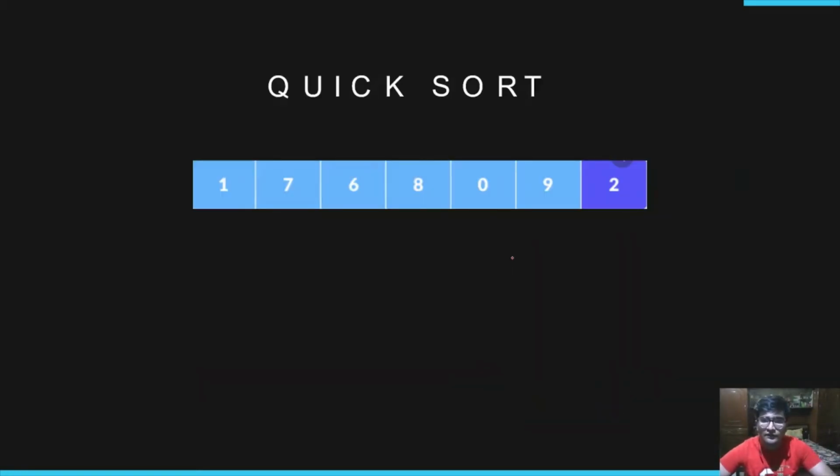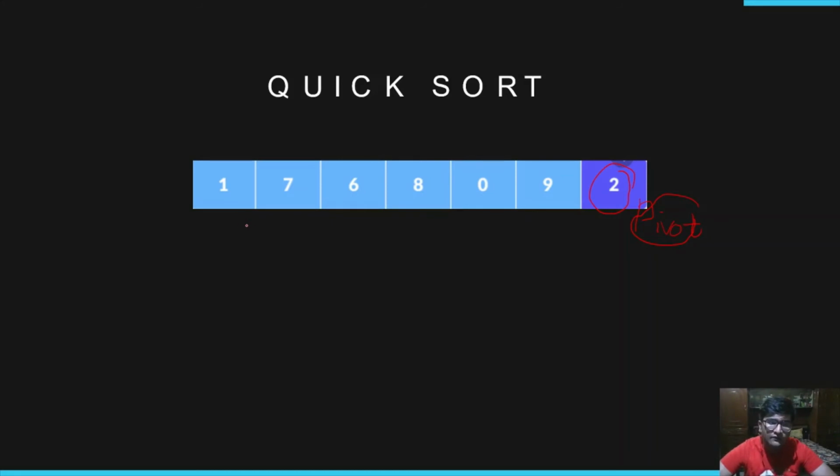Moving forward, we have this quick sort. So quick sort is referred to as one of the most important sorting methods. So first of all, let's consider 2 as our pivot point. I don't have much time, but I'll try to explain this algorithm. It is a very long algorithm. So let's say 2 is our pivot element, and then we need to move forward according to this. We can select any element as pivot element. I am just selecting the last element as most of the people prefer this.